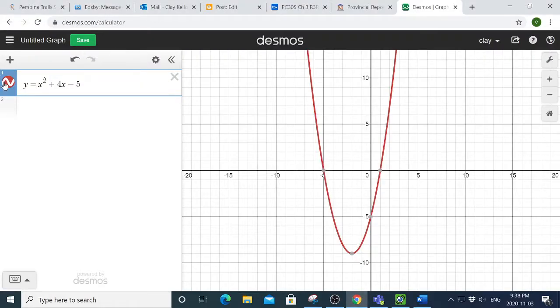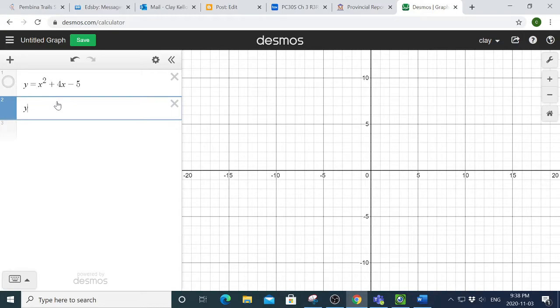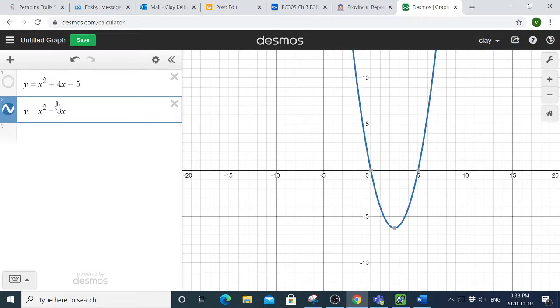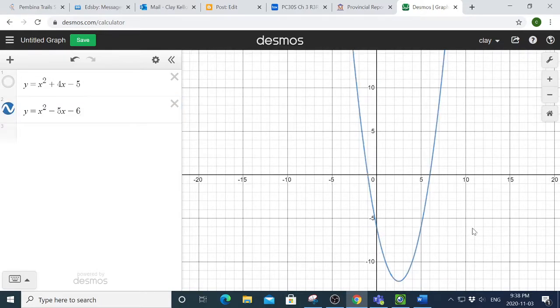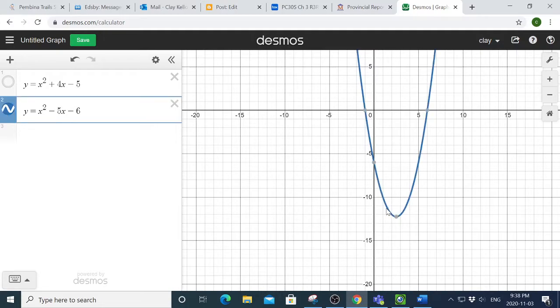To Desmos. So y equals x squared minus 5x minus 6. And let's see. My x-intercepts should be negative 1 and 6. Check. My y-intercept should be negative 6. Check. And my vertex is not going to be a whole number. It's going to be this weird fractiony number. And yep, they give it to me in decimals, 2.5, which is 5 halves, and negative 25 quarters, which is